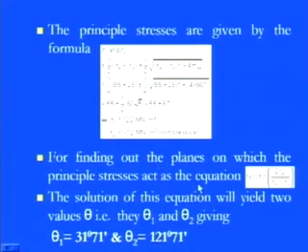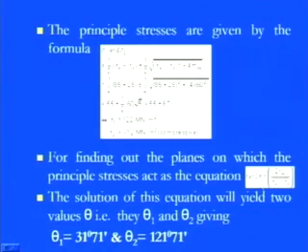For finding out the planes on which the principal stresses are acting, it's pretty simple. We can get tan 2 theta equal to 2 times tau xy divided by sigma x minus sigma y. We know the sigma x value, the sigma y value and the tau xy value, and all are positive. So we can simply put 2 times 60 divided by 85 minus 25. Once you put all three values, the solution of the equation gives you two values, because of the plus minus sign, taking the tan inverse of that. If you take the plus sign, then you have theta 1,